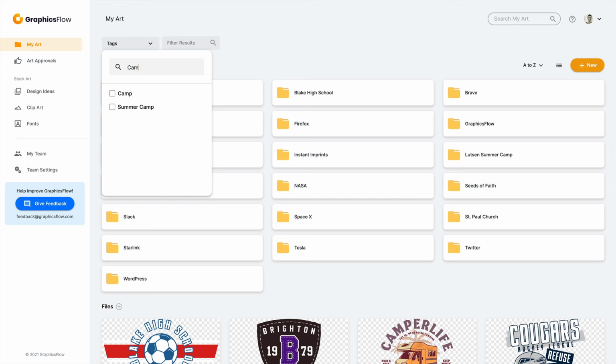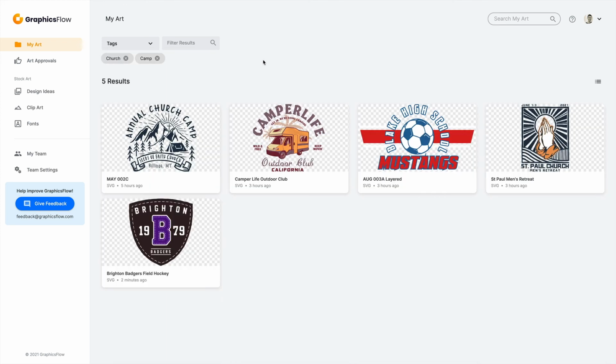So anything that relates to that search term is going to display. In this case, there's two tags, camp and summer camp. So I could select the two of those to see the results. Now I can also scroll through the tags and I can cherry pick those tags that I want to see in a result. Now, as soon as you click out of this dialog with whatever tags you've selected, that's what's going to display